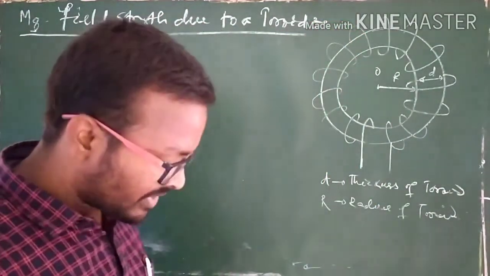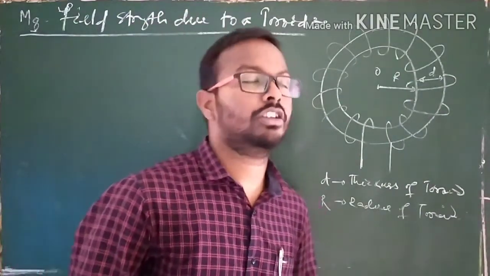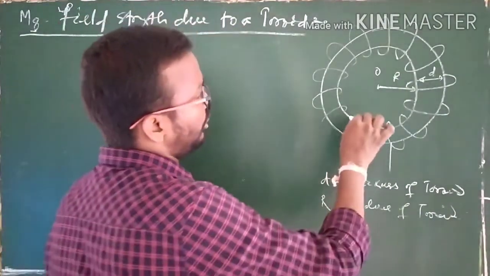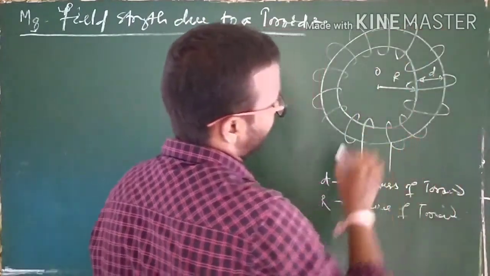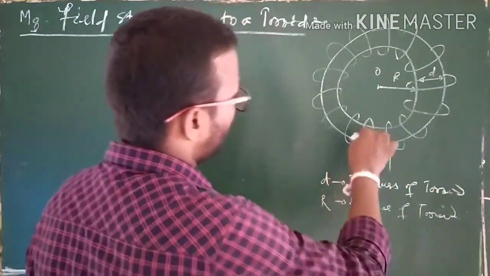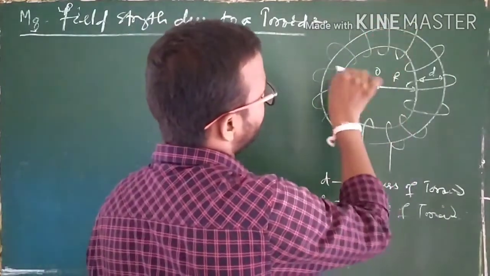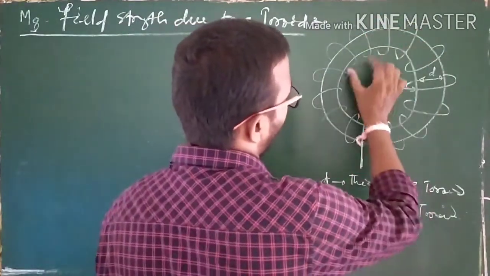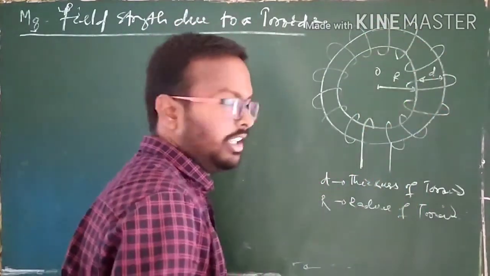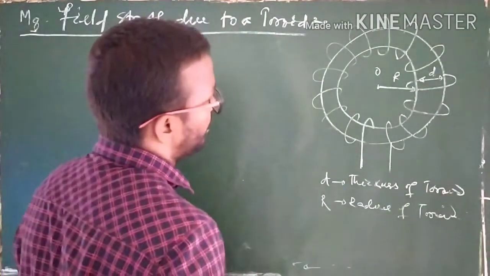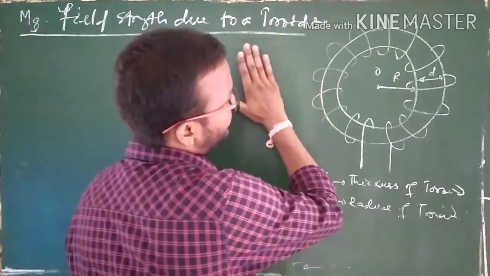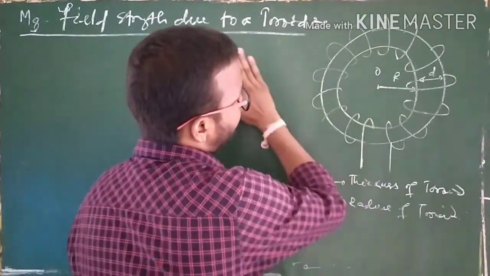It is a hollow ring-shaped non-conductor, and the coil which is wound over it has turns very close to each other. Clear? Okay. Now if we cut the toroid from its central part, from its middle section,